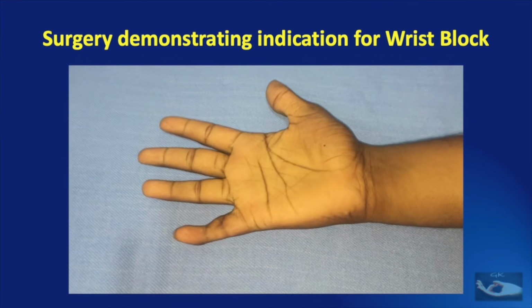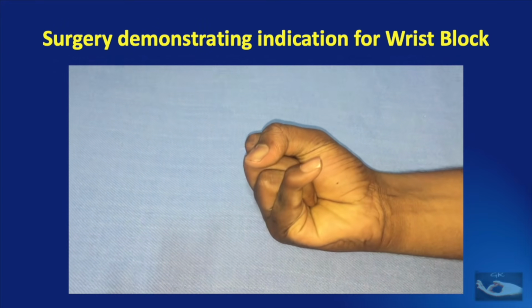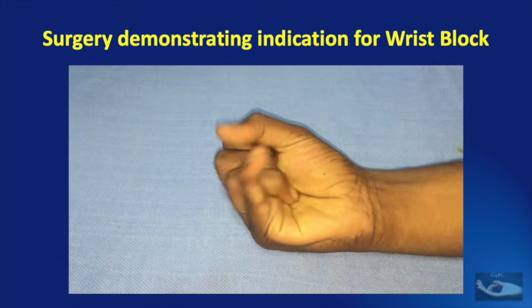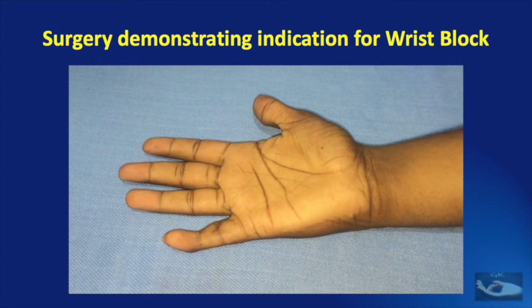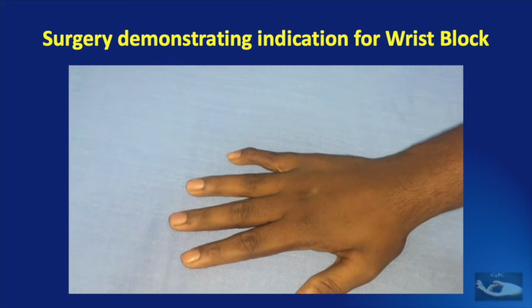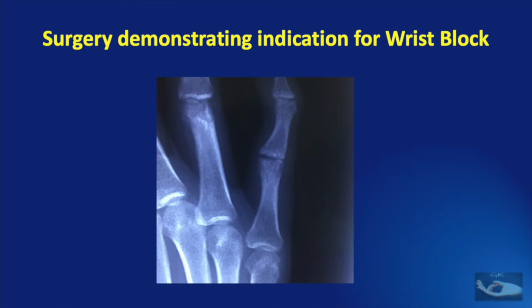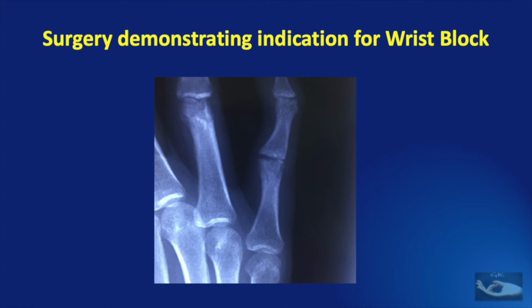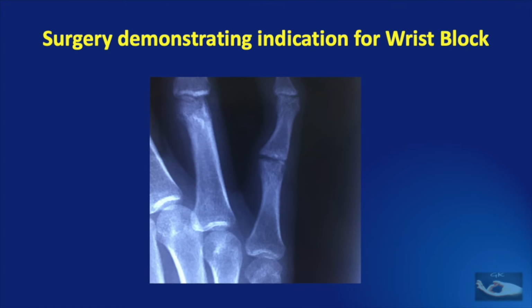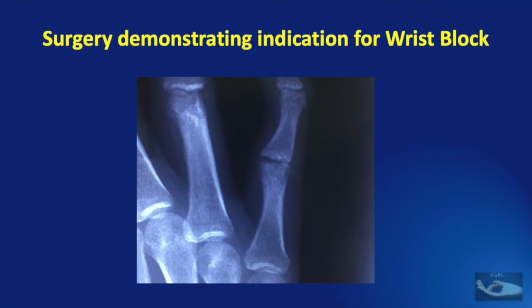This patient has had an injury 1.5 years earlier with an attempted surgical correction of the unreduced dislocation of the proximal interphalangeal joint. However, there is no movement, either passive or active, at the level of the proximal interphalangeal joint of the little finger. X-ray shows loss of the articular surfaces of both the proximal phalanx and the middle phalanx, and a very narrow space between the two bones.